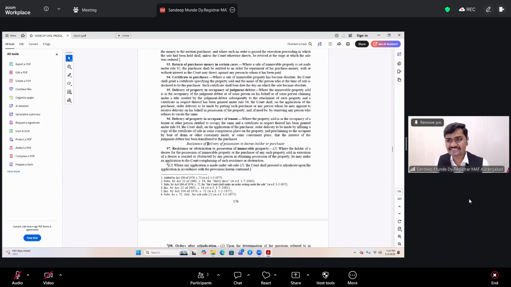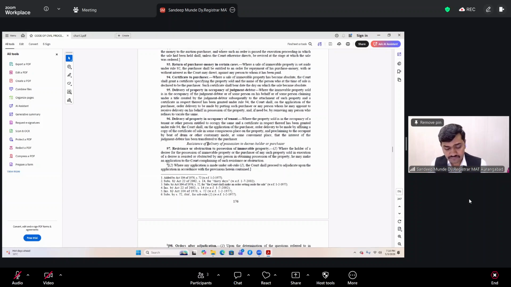Now the last thing is Section 74 and Rules 96 to 104. Resistance to execution, resistance to delivery of possession to decree holder or the purchaser. Section 74 states, where the court is satisfied that the holder of a decree for the possession of immovable property, or that the purchaser of immovable property sold in execution of a decree, has been resisted or obstructed in obtaining the possession of the property by the judgment debtor or